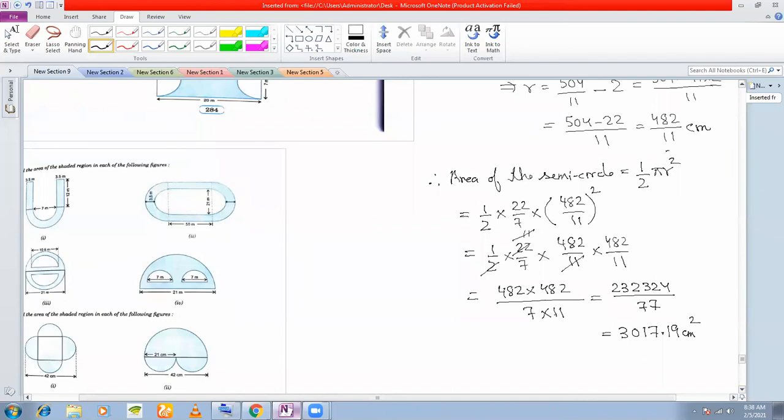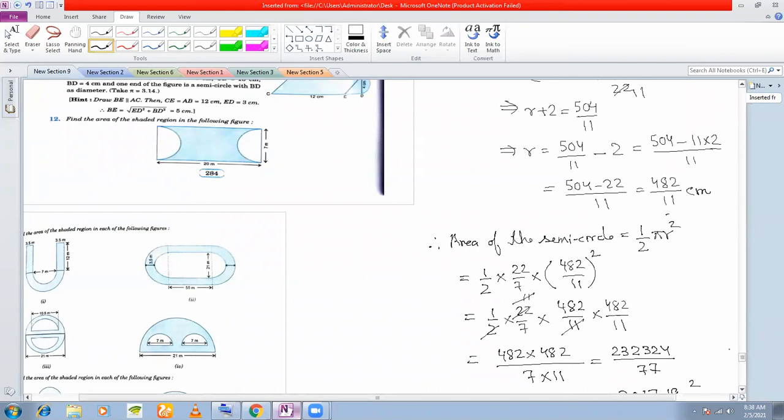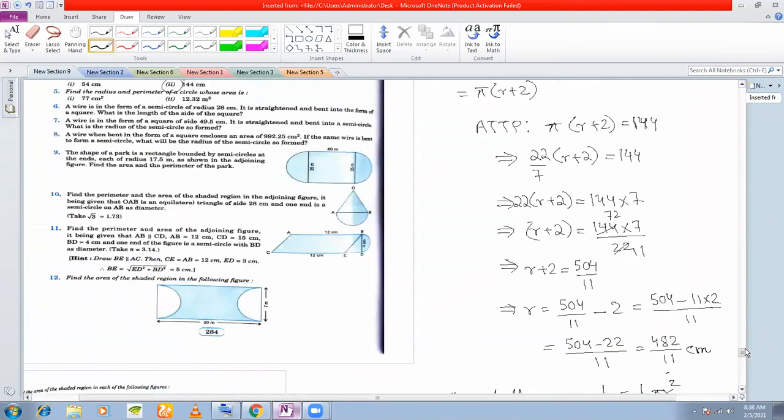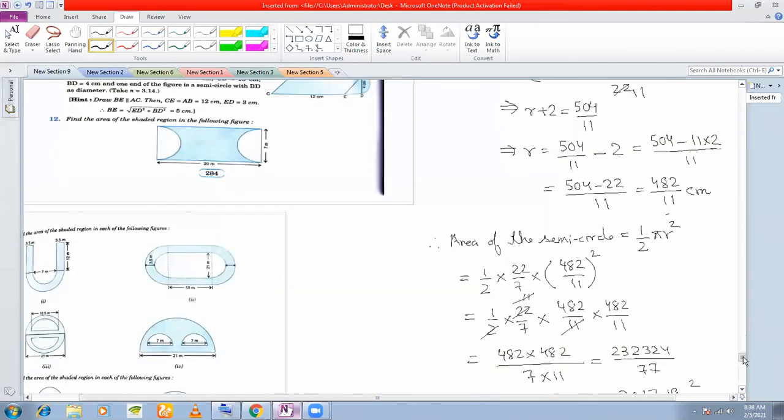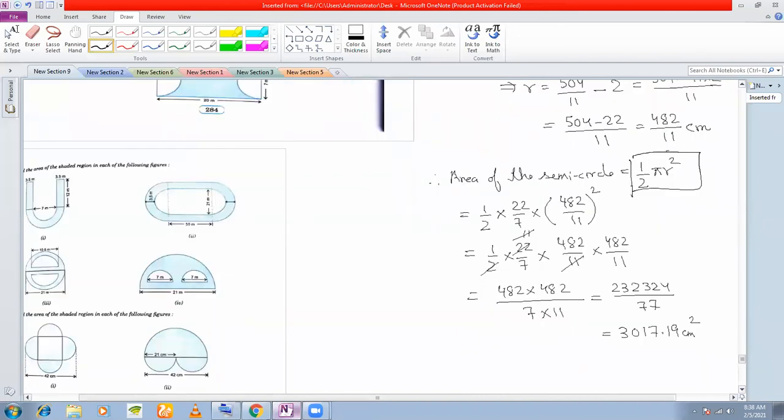Okay, so that's it. So this problem was very similar to your problem where the circumference of the circle was given and from the circumference you had to find out the area. Here except that we are using the formula for the perimeter of a semicircle. So pi r plus 2r is the perimeter of a semicircle, and this is the area of a semicircle. This is the formula we are using. In case of circle, we are using the formula for circles. In case of this, we are using the formula for semicircles. That's it. I'll stop here for today.